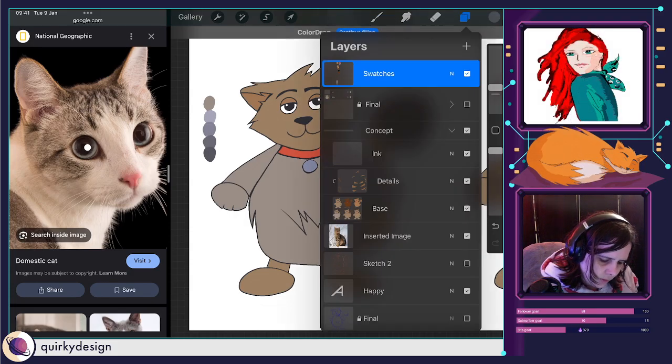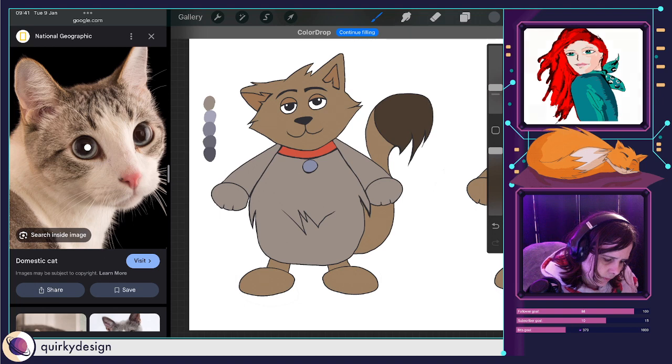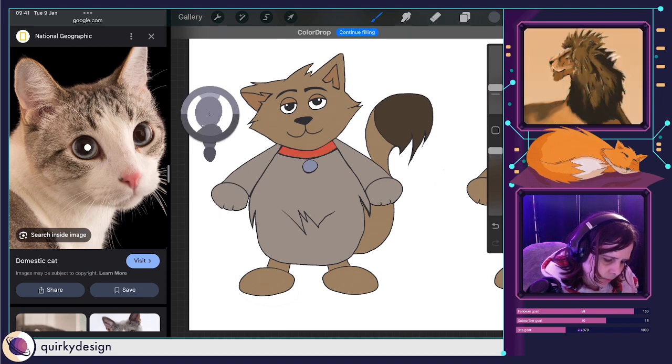Alright, let's try those colours. So let's go with this colour.